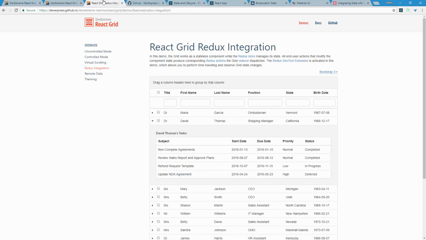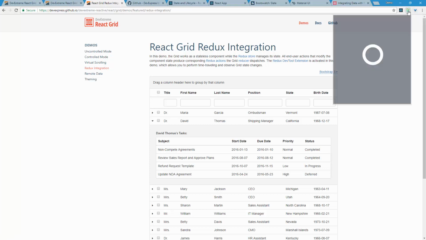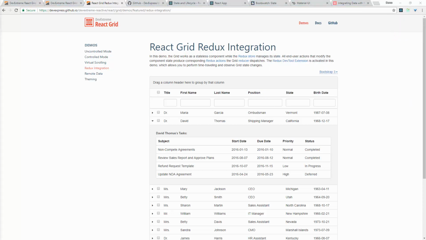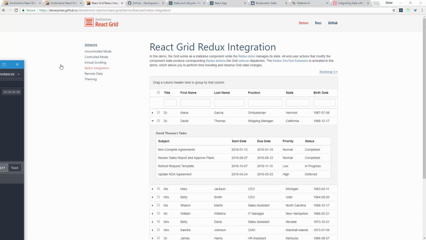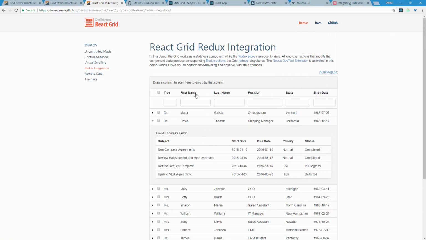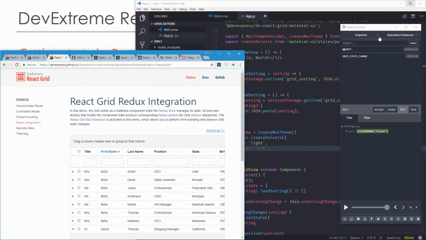Now, if you take a look at our Redux integration, you see that we have enabled for you to use the Redux Dev Extension tool. Now, I've got it installed here, and if it's enabled, you'll see this little button light up. And so what's nice about this is that, let's right click and bring it over to the right side here. Now, anytime I'm going to be changing the state,